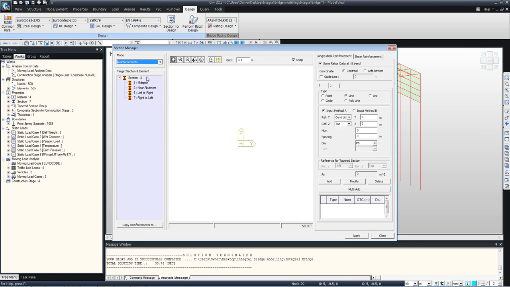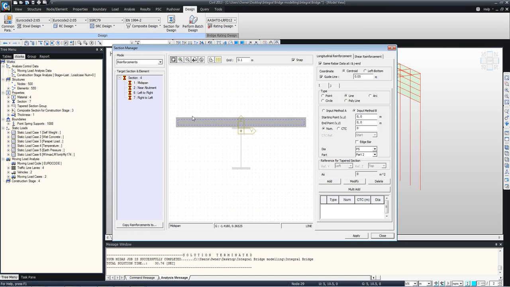Longitudinal reinforcement, select midspan and define a guideline. So that will be 0.05, that is 50 mm cover, and input method B, select first point here, second point over here on the guideline,